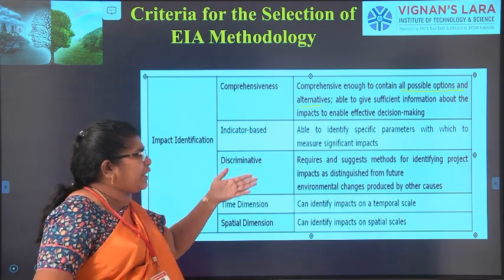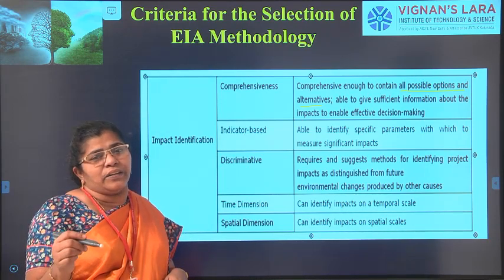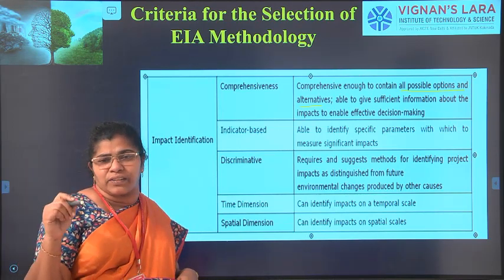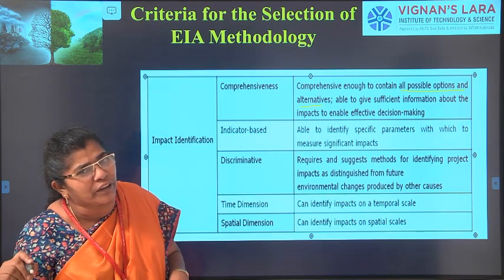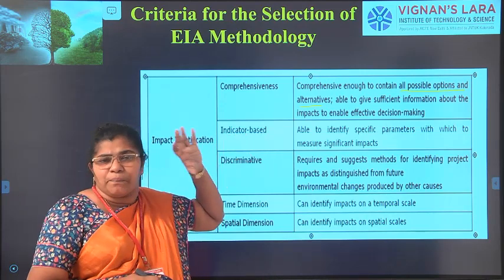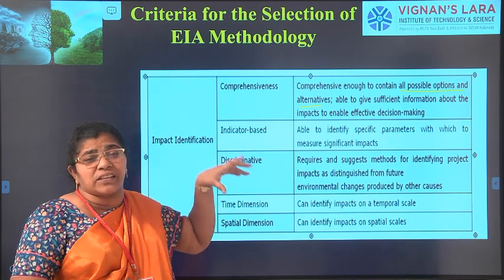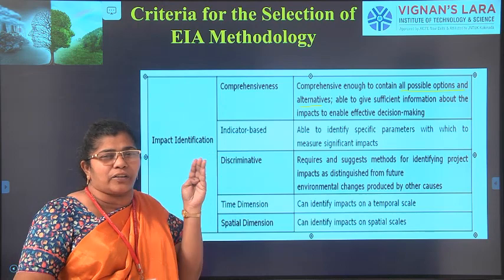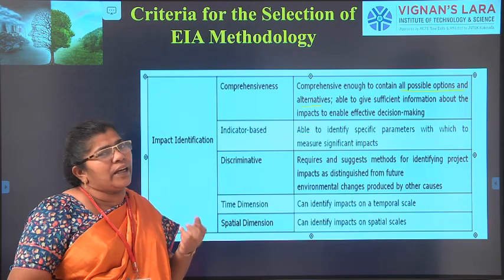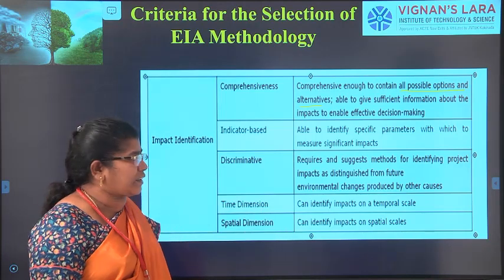The indicator base identifies selective parameters. These are the things I need. It should not affect the flora and fauna, it should not affect the lifestyle of the people there, and third, it should not affect the hydrology there. So if I go into specific parameters, what is the impact of that project on the parameters I have chosen? All the small things I cannot take. If I am going for a small road, it will affect things, but I cannot take that. If I am going for a highway, a national highway, I have to consider that impact, right?